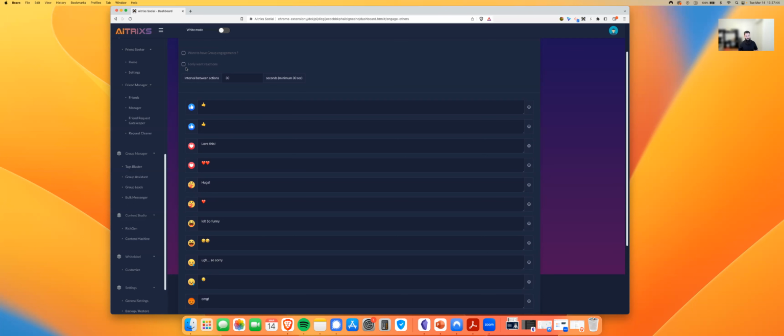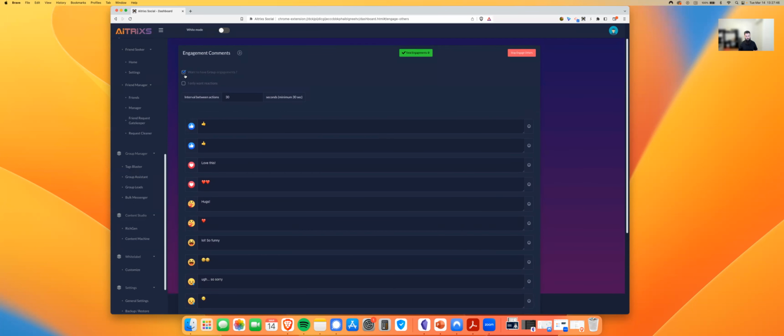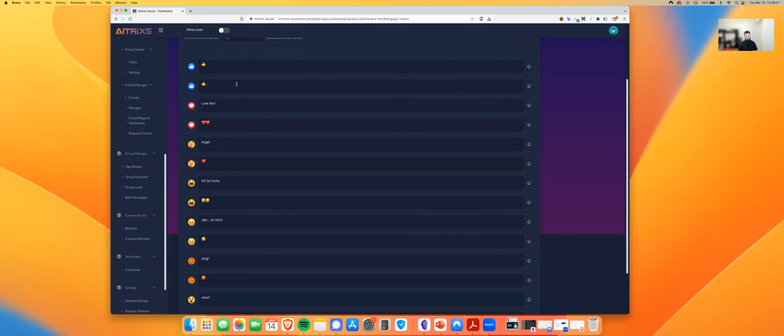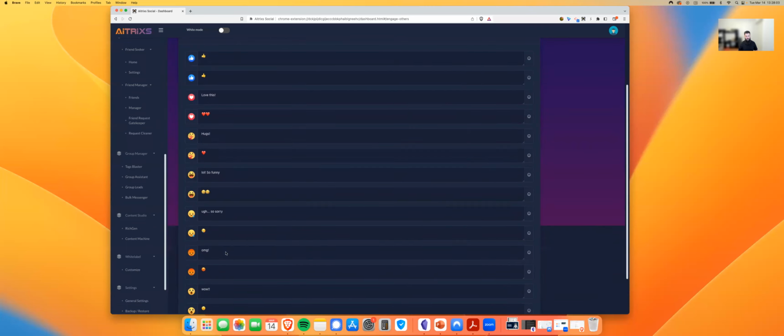Now, you also have an option here to select group engagements. If you want group engagements, you can do so, and that will allow you to include the group newsfeed in there. And then also sometimes you just maybe want to do reactions. You don't want to do these comments. And so you can do, I only want reactions. It will skip the comment and then it will just do the reaction.